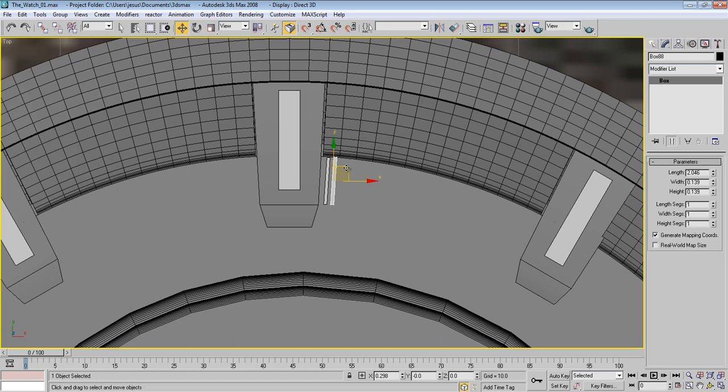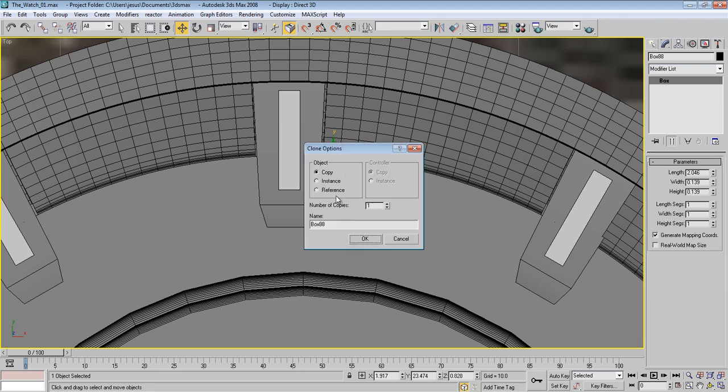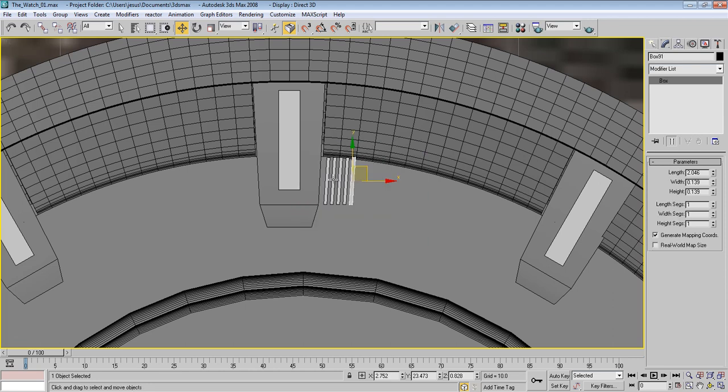And we want to make about 4 copies from this. So here are 4, and each one of them should be less in its length, so I think this looks okay, maybe about this. So let's copy this value and paste it to all of them,